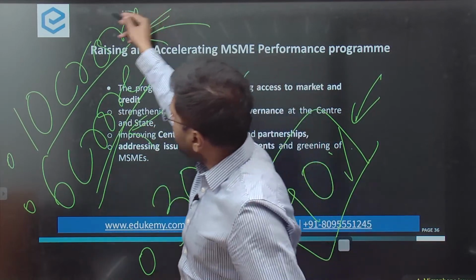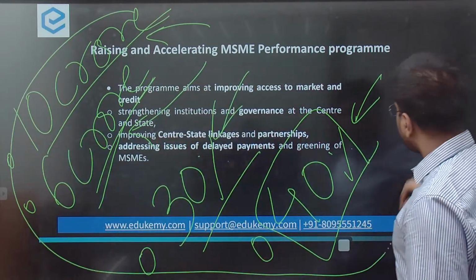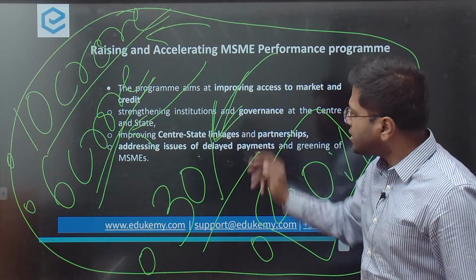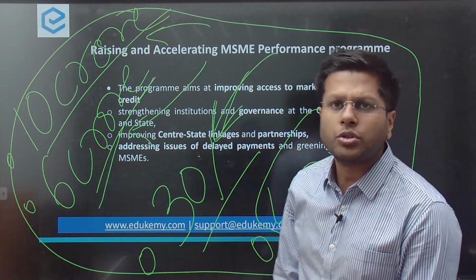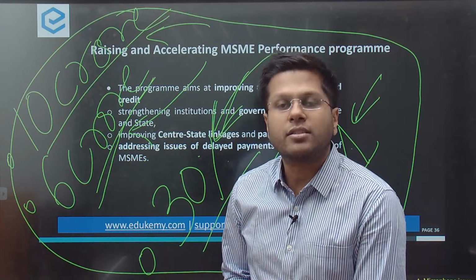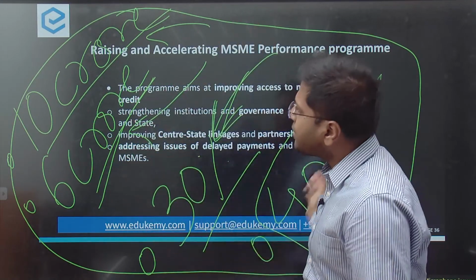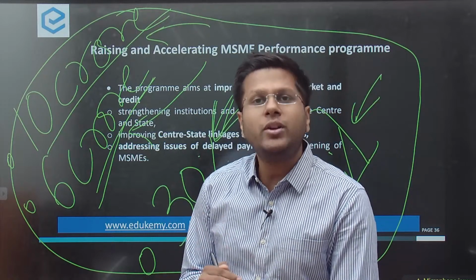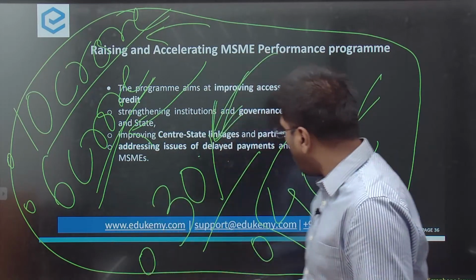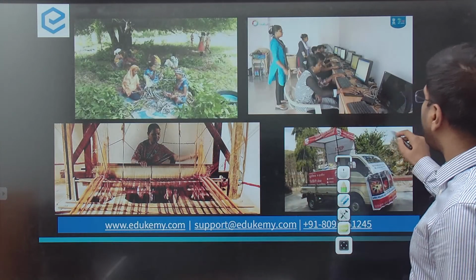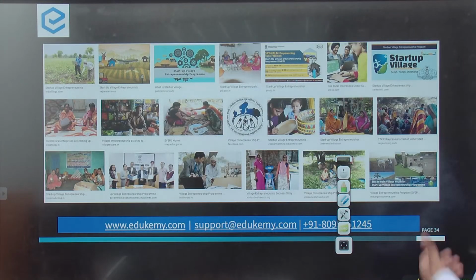Imagine if any institution or any heading under which there is 30% of total GDP contribution, should that not be the area of focus? Absolutely it must be. But then this is the most vulnerable segment of industrial development, the micro industries, the small and medium industries. If you look at the images that are there in the background, these indicate very well what micro, small and medium industries could stand for.